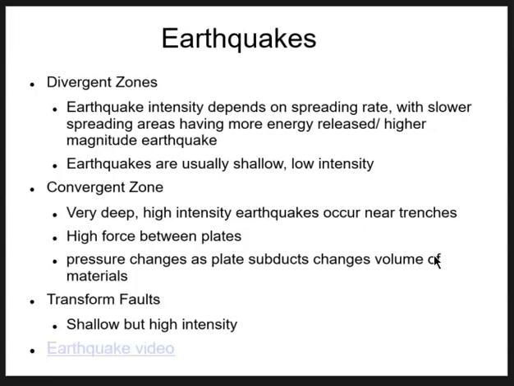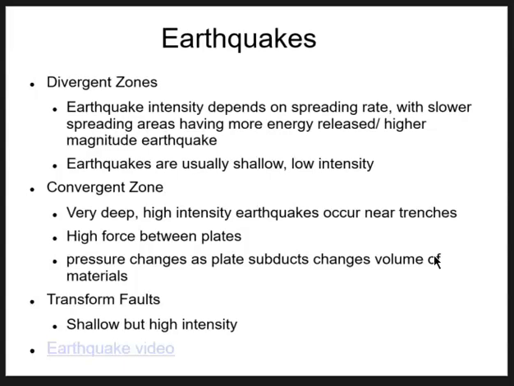So earthquakes that are formed around divergent zones tend to be shallow and low intensity, but it depends on the spreading rate, with slower spreading areas having more energy release, so higher magnitude earthquakes for places where you have very slow spreading, but they're still low intensity as compared to ones that usually occur around convergent zones or even transform